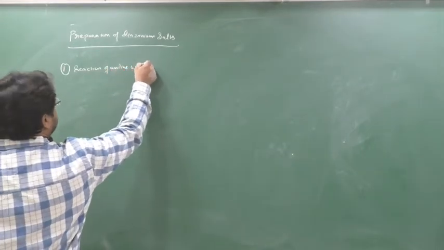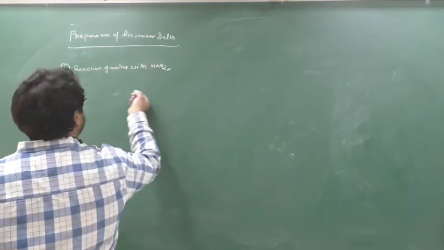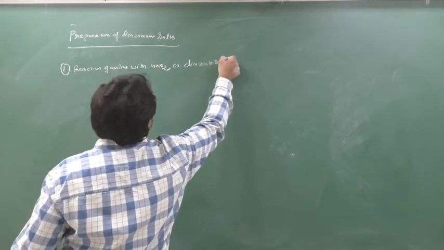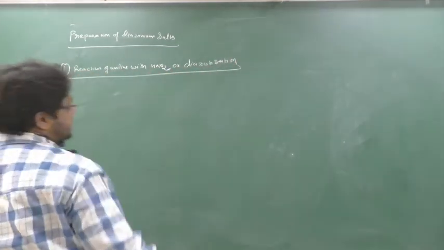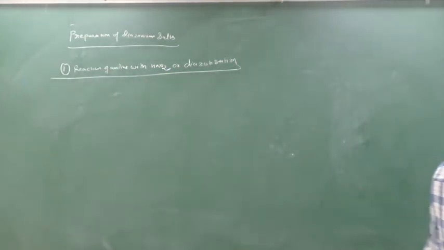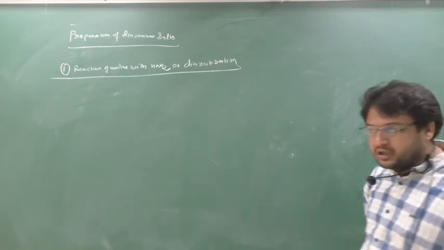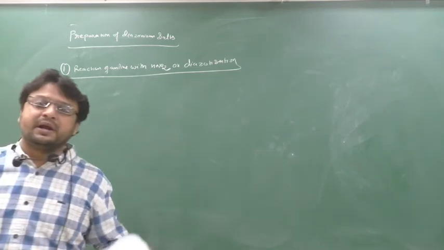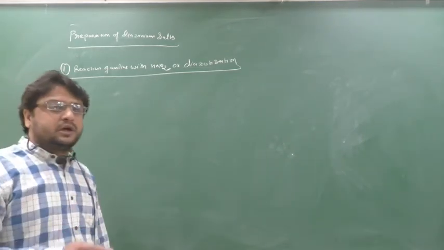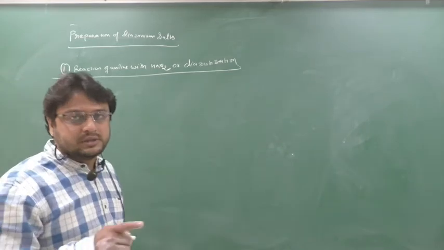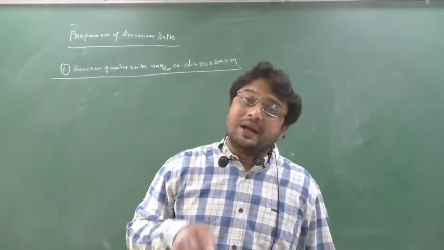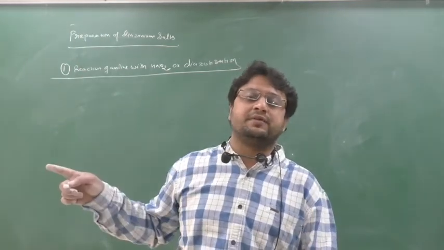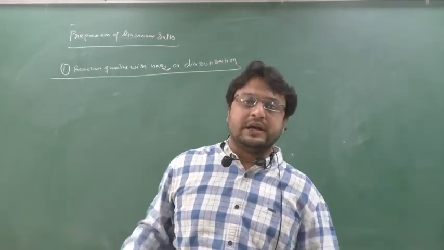with HNO2, this reaction is also known as diazotization. Please remember, reaction of aniline with HNO2 is also known as diazotization, or diazotization is a preparation method to prepare diazonium salt. So the method to prepare the diazonium salt is known as diazotization, and diazotization is nothing but a chemical property of aniline. That is, the chemical property of aniline means reaction of aniline with HNO2.